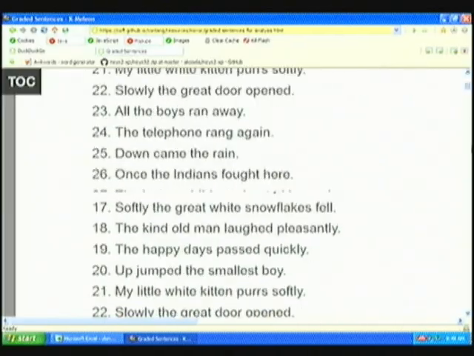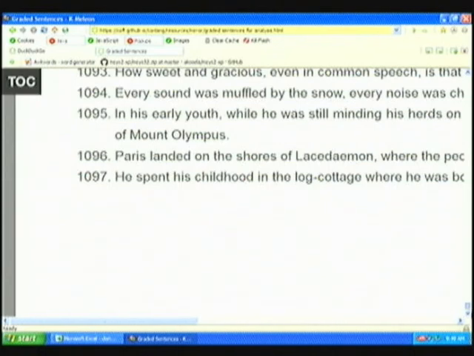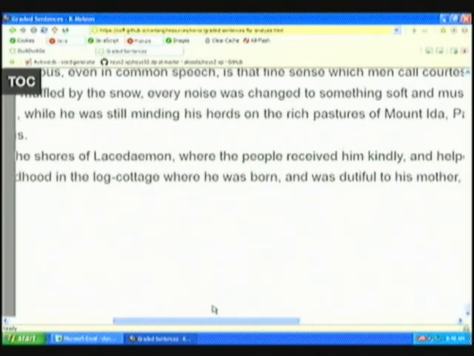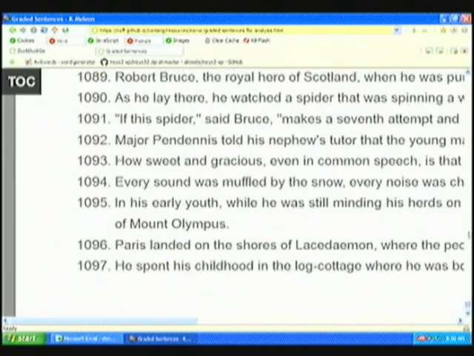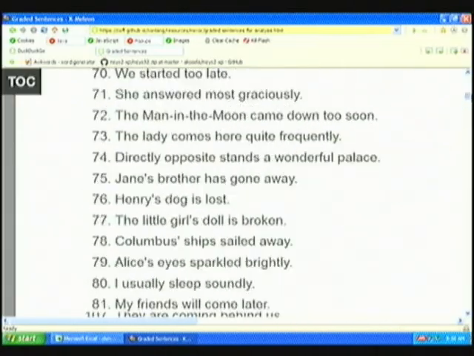And you see, all the way from 1 down to 1097, these sentences are rather complicated as opposed to the rather simple ones in the beginning, which is why they're called graded. Anyhow,